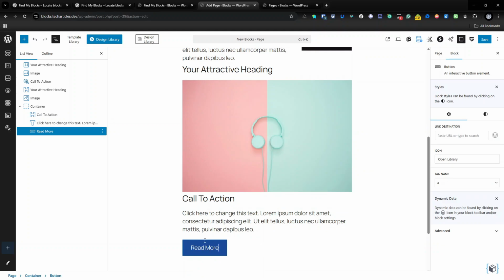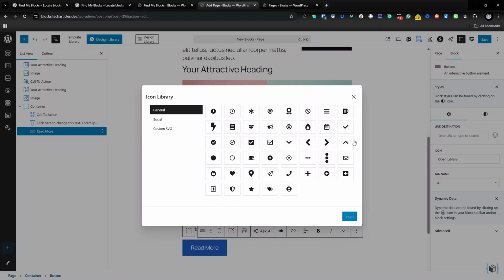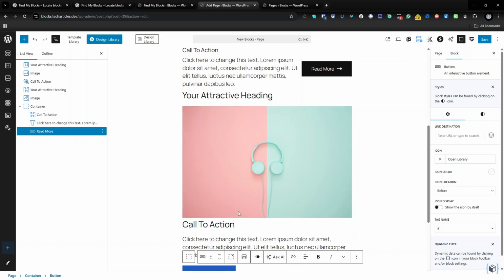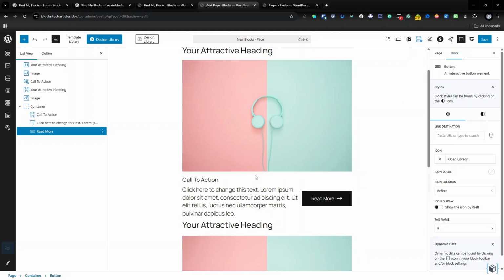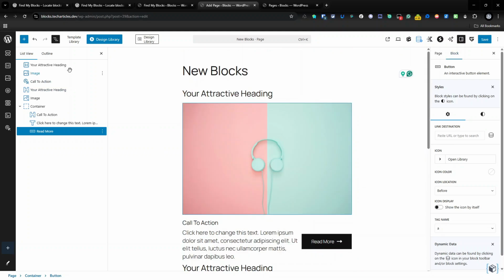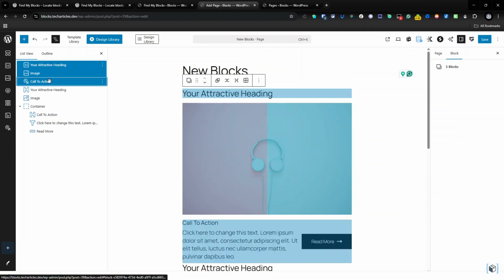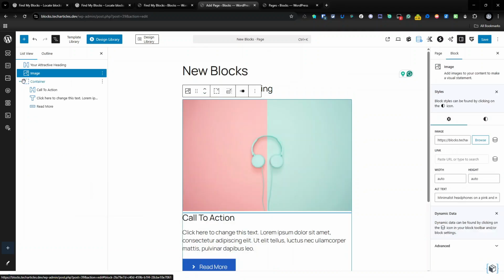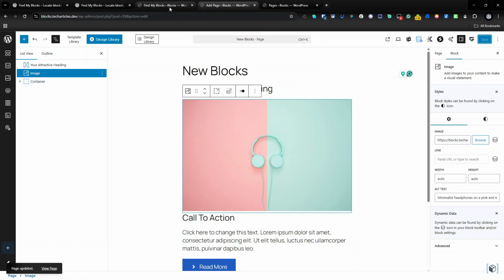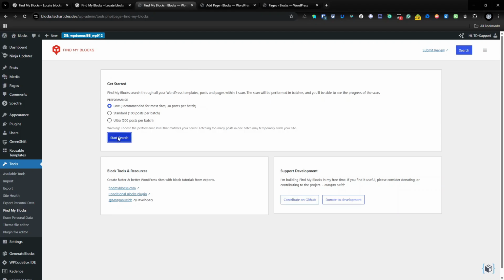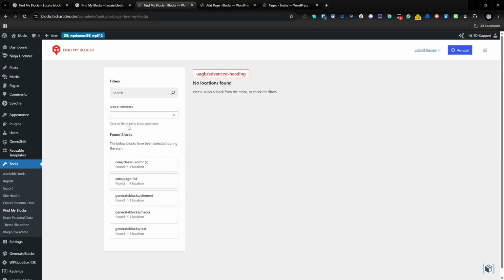Now, obviously, it's not straight out the block. It's not the same, but we have the ability to do very similar things with our button here, and we've not replicated it exactly, and that's not what this is about. But we could then remove our Spectra blocks like so, and we are left with our Generate blocks, and we now rerun,